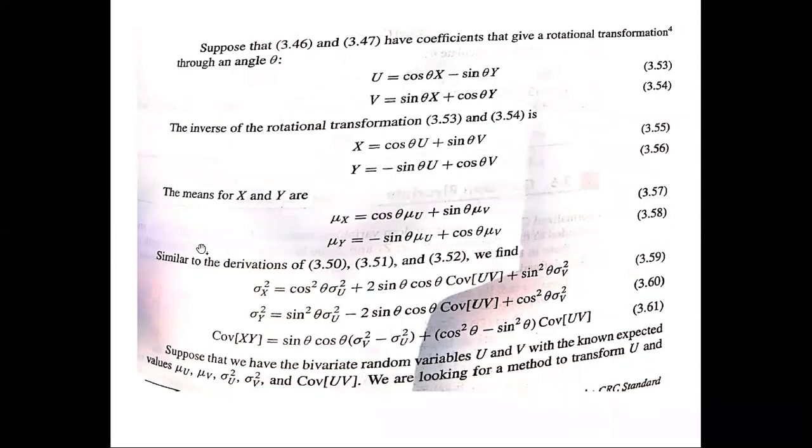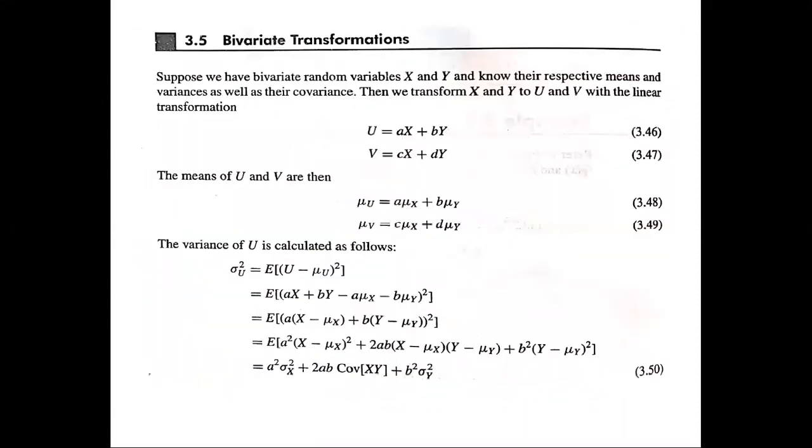Having found x and y, we can find the mean of x and y. Mean of x will be equal to cos theta mu u plus sine theta mu v. Similarly, mu y is equal to minus sine theta mu u plus cos theta mu v. That's what we have got over here. Now, going along the same lines, we can try to find, from 3.50, 3.51, 3.52, which are given over here,